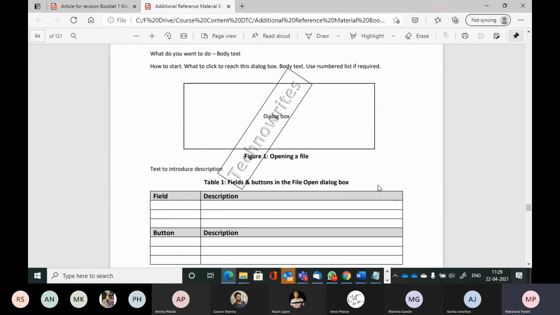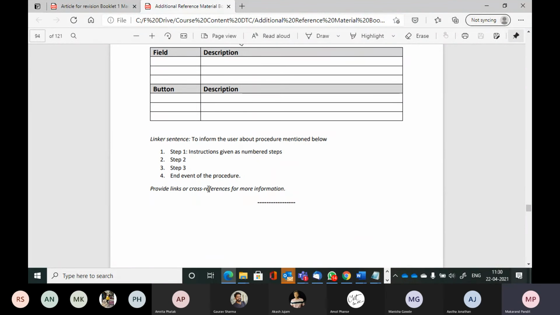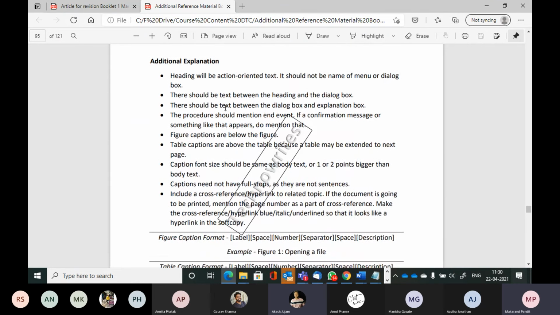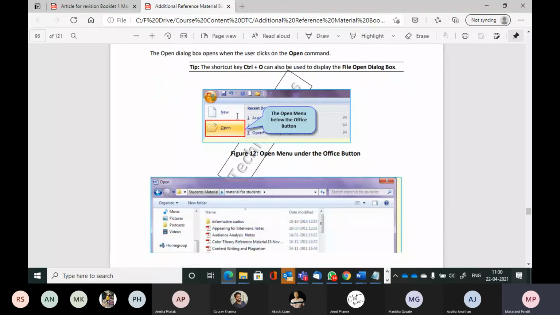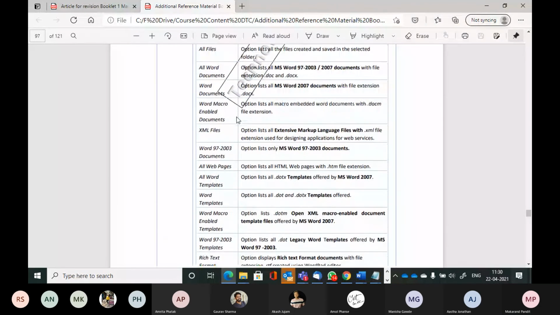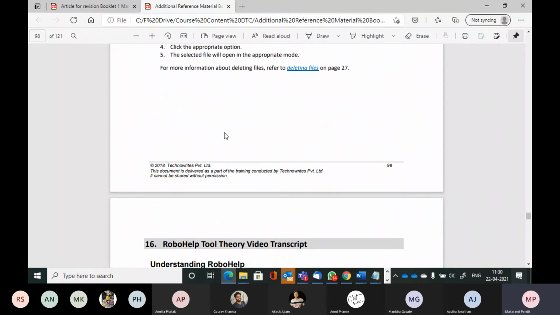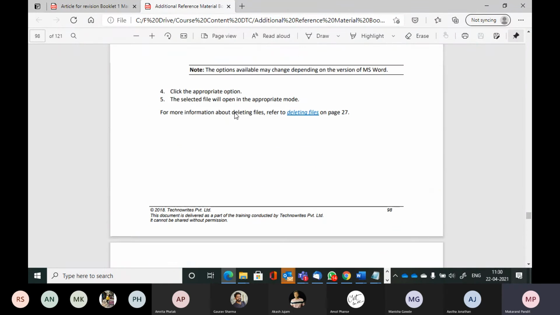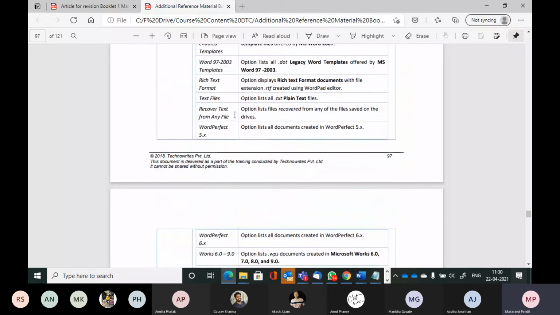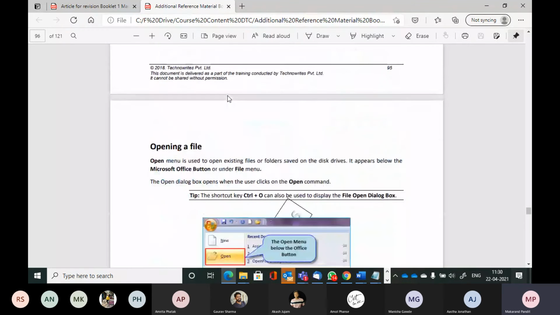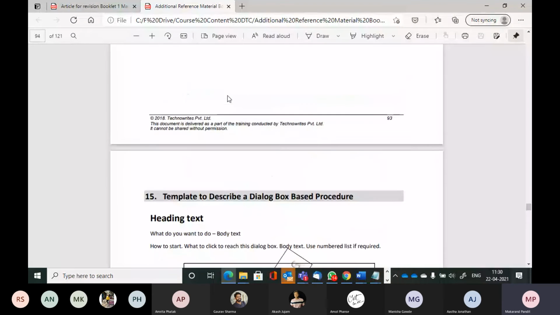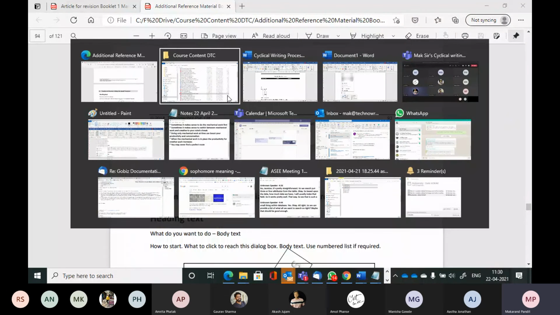This is what I just used; I assembled this in front of you just now, but everything else is already here. And using this template, this is written. So this is a sample of how to use that template. Correct? The only thing is I have not explained the cyclical writing part here. I've just given it as a template. And this must be there. So what is the name of this? Template to describe a dialog box, right?